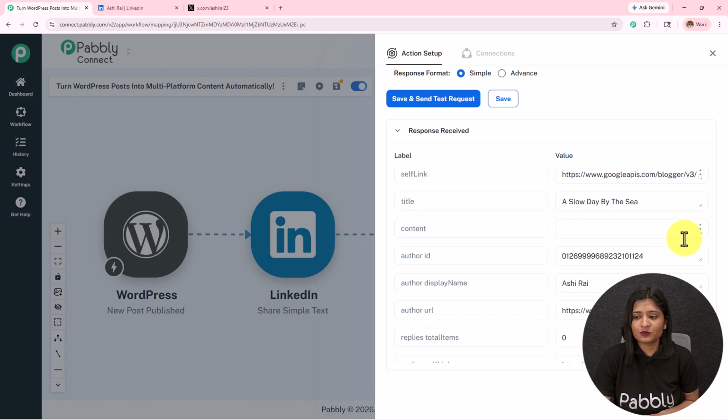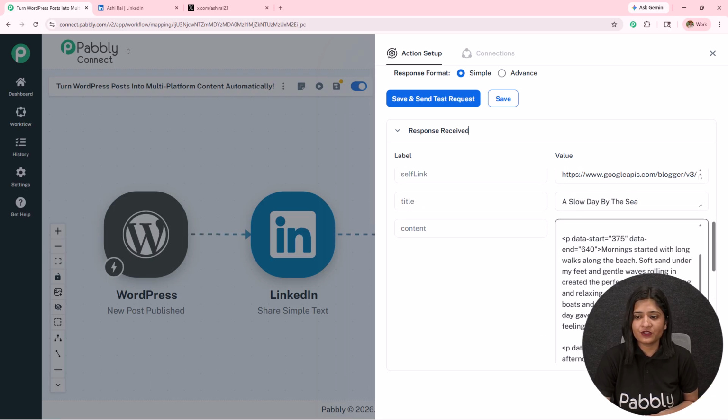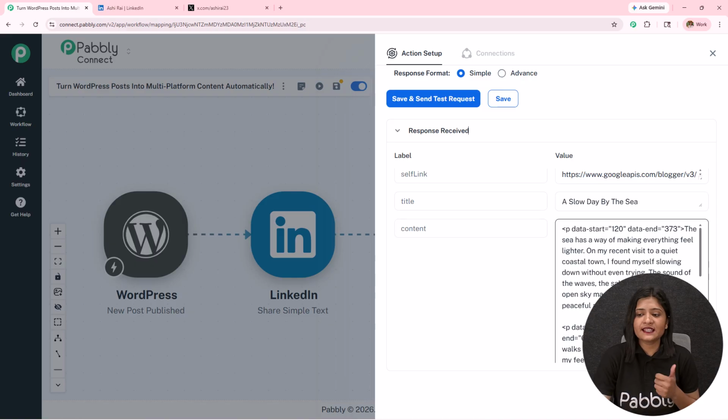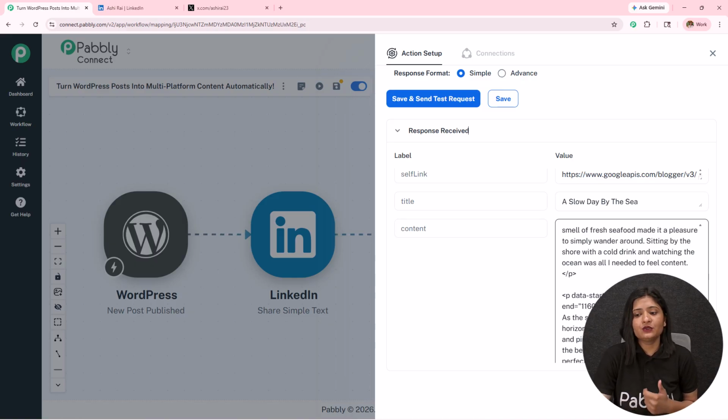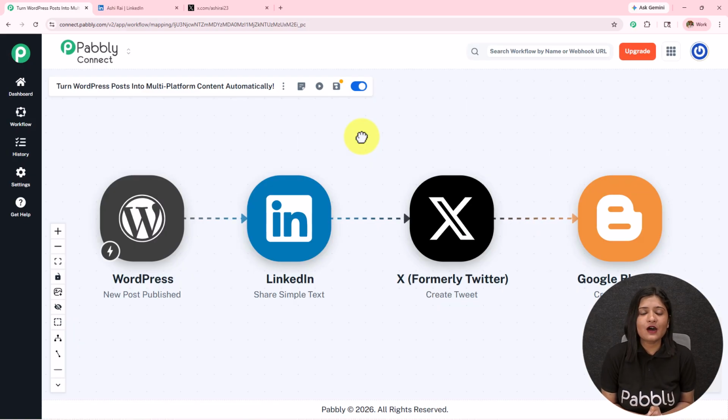So the content is posted like this. This was the content which we have shared on WordPress, LinkedIn, Twitter and Google Blogger. So here you see this is how I have created this automation. I'm going to attach the workflow link of this particular automation with a YouTube link for the detailed explanation